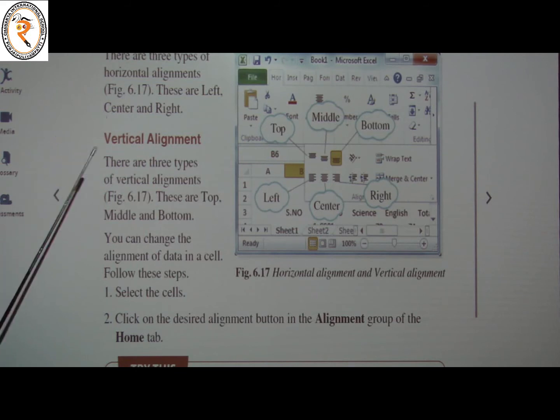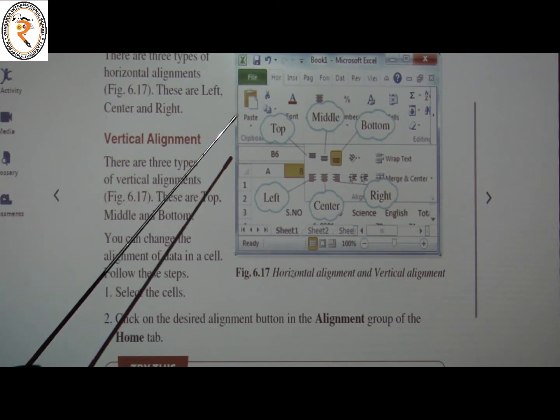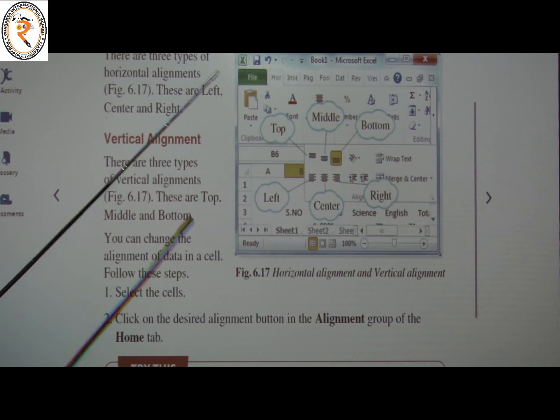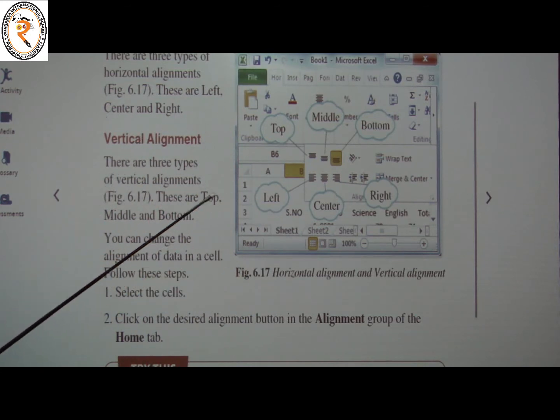There is also vertical alignment, with three types. What are they? Top, middle and bottom. Top, middle, bottom; horizontal, left, center, right. So you can change the alignment of the data in the cell. If we want to change the alignment of a cell, first we have to select the cell. So click on the